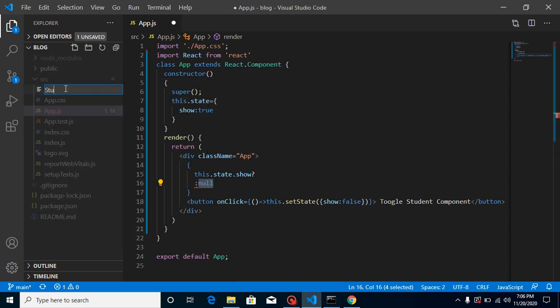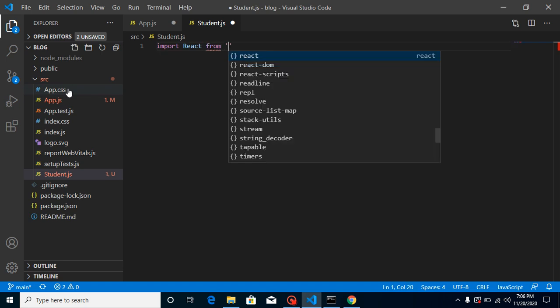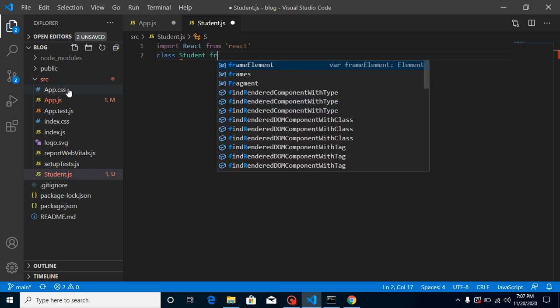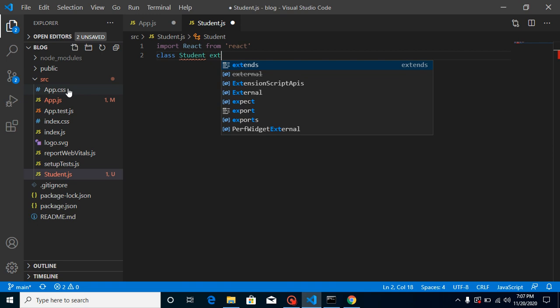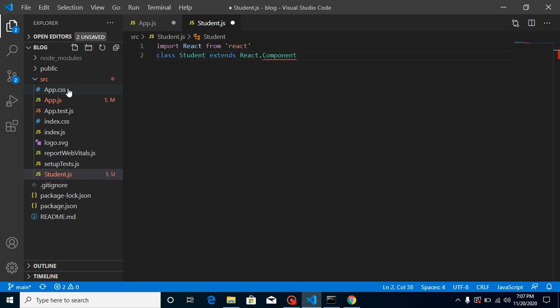So write here student.js, right? And import React from react, class Student, and it will extend React.Component, right?